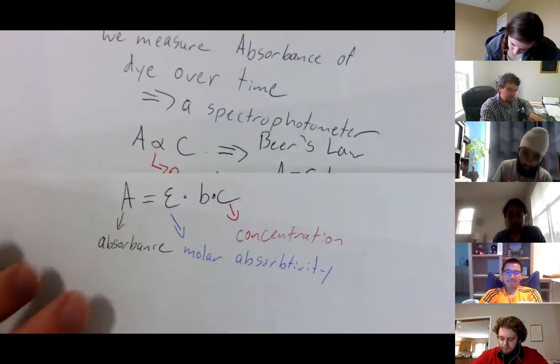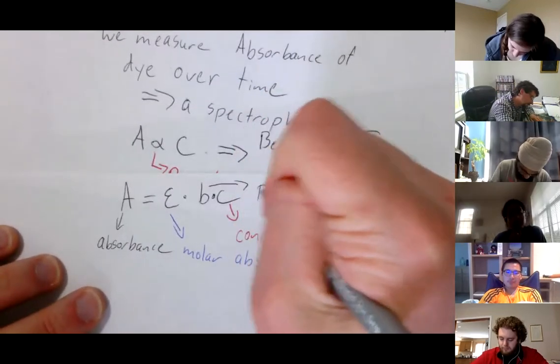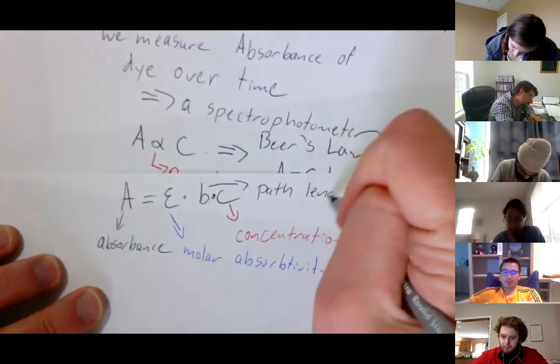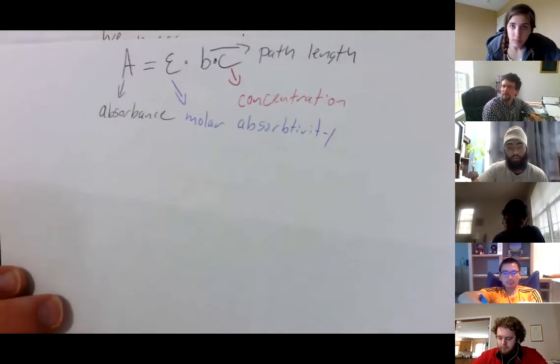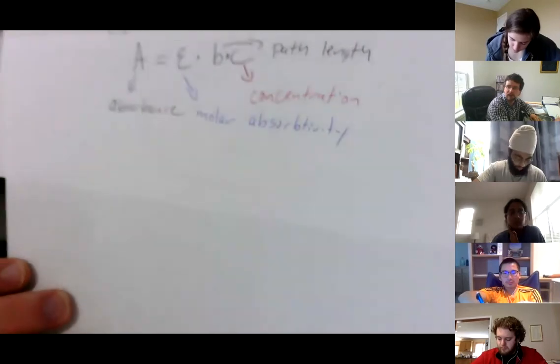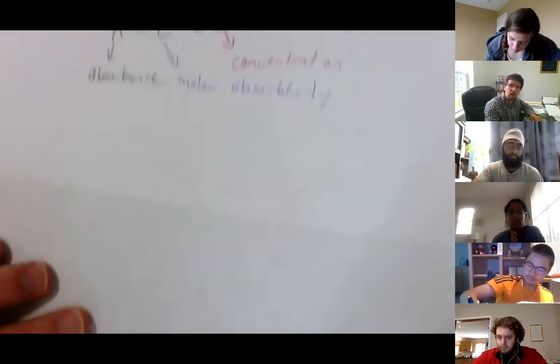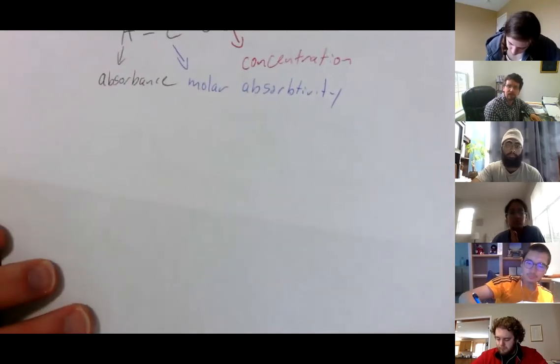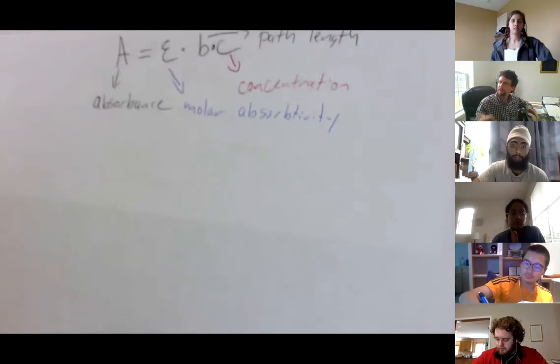And what B is actually the path length. Okay. So let's draw a schematic of a spectrophotometer. Have we ever done that before? Okay. So let's think about, we want an instrument that measures the absorbance or how much light passes through a